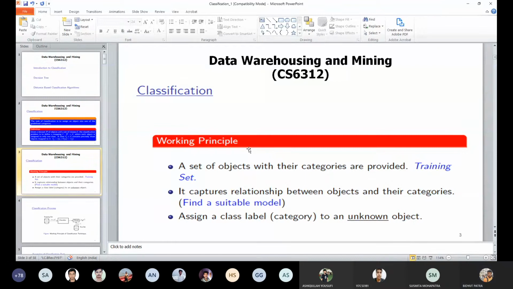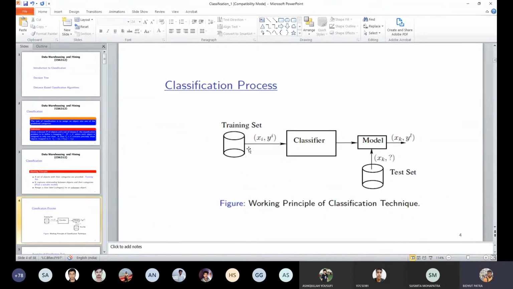Okay. So moving to the next. This is a pictorial representation of how it works. As I said, if you scan the figure from the left side, you see the training set. The training set should have the object and its category, represented mathematically. If you can follow the mouse movement here, xi is the object, and yi is its class, and we have a set of objects and their classes.